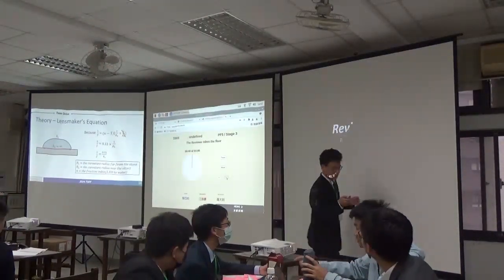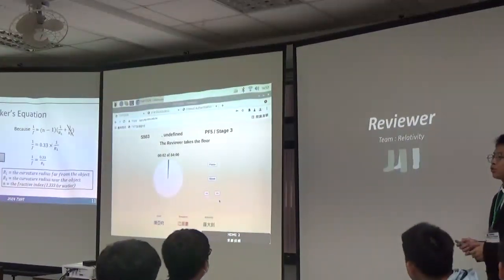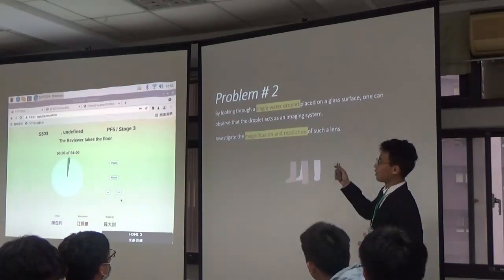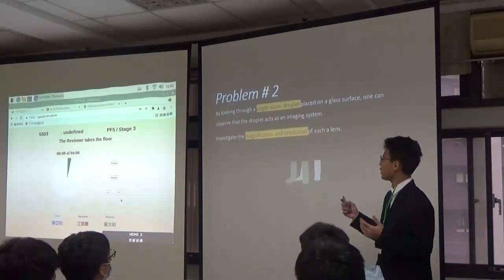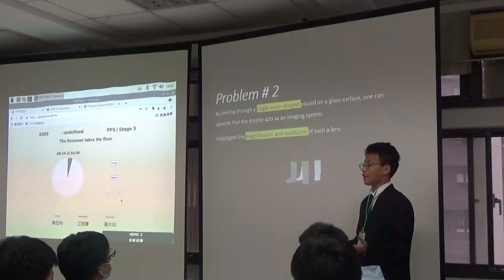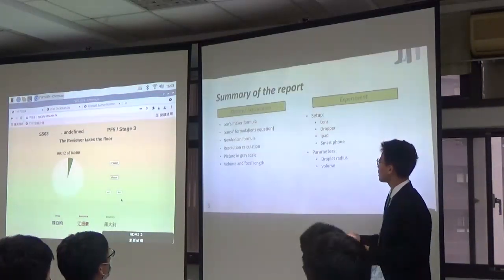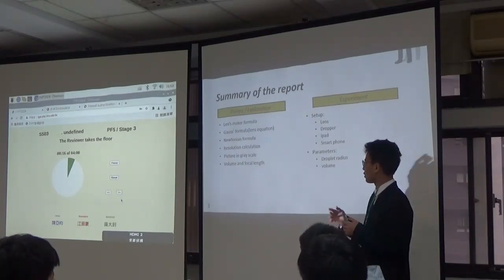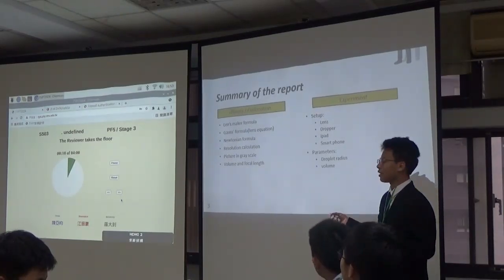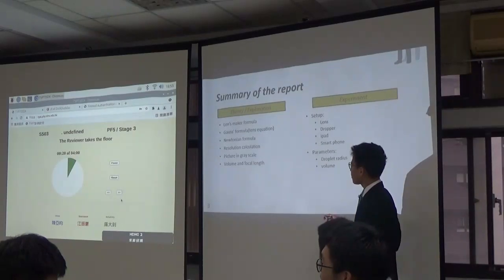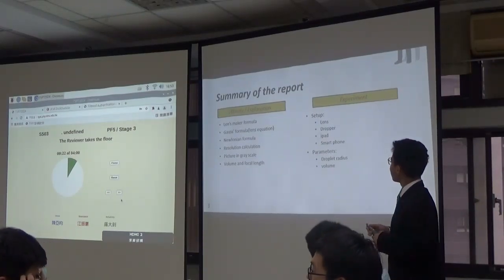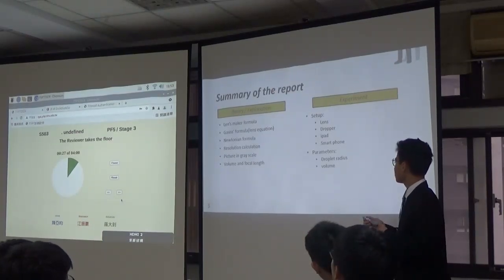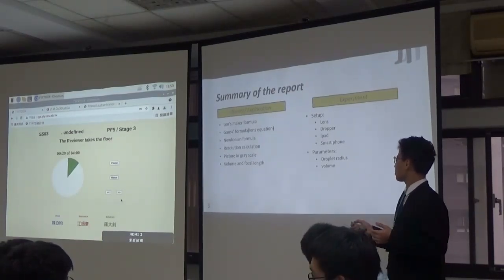Okay, hi, I'm the reviewer from Team Relativity. The problem statement is, by looking through a single water droplet, investigate the magnification and resolution for such a lens. In her theory, she uses the lens matrix formula and the Gauss formula for its equations, and then calculates the resolution, and then its volume and focal length. In her setup, she uses a lens, dropper, iPad, and phones, and the parameters are the droplet radius and